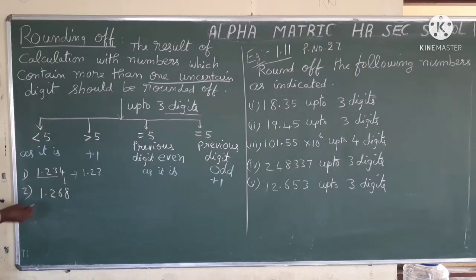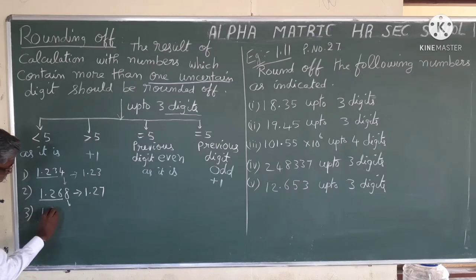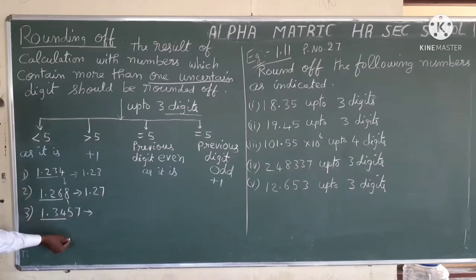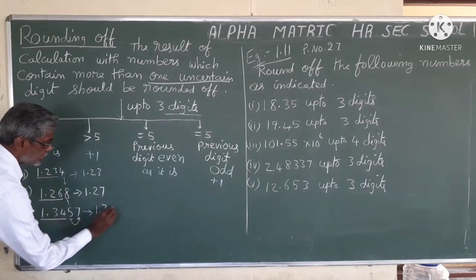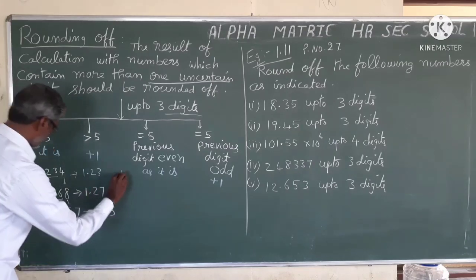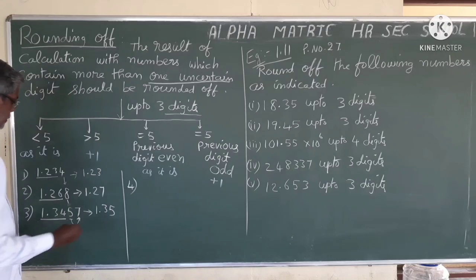1.268. Here my question is up to 3 digits. You see the fourth digit, it is greater than 5. That means to the preceding digit you must add 1. So that one. 1.3457. Here up to 3 digits. The fourth digit should be dropped and that is equal to 5 followed by other digits. In that case, to the previous digit you must add 1. Therefore 1.35. Next example and the next rule is